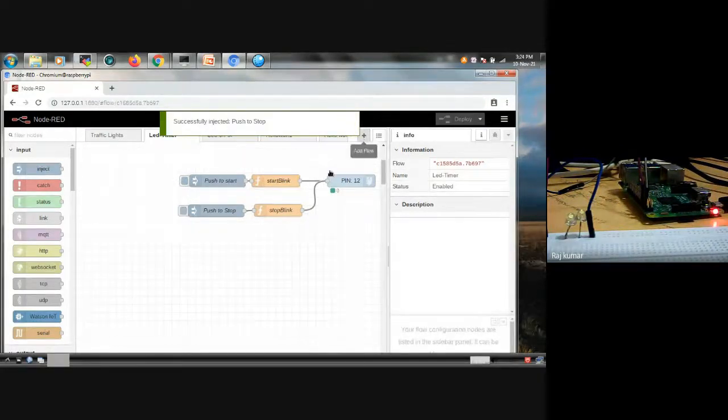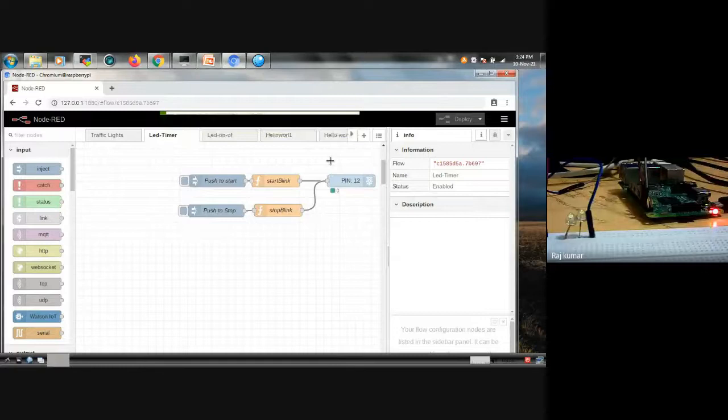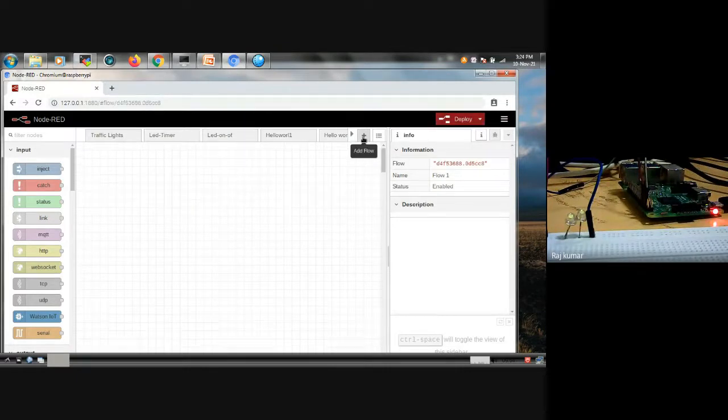For example, somebody has designed a flow, a sample program or a real-time program that will be readily available on some of the websites. You have to copy and paste it into the workspace of Node-RED. For example, I'm going to create one flow; you can rename it with your own name.